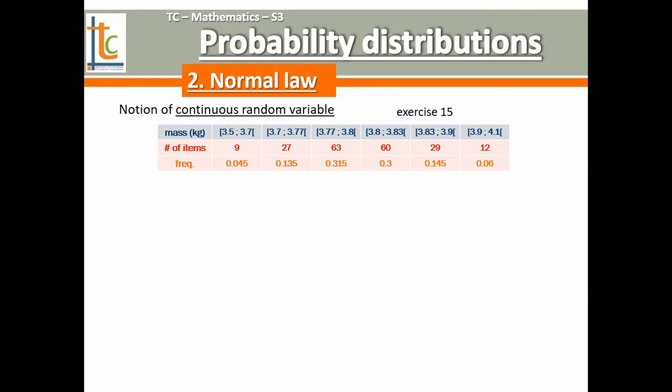Even a very accurate tool does not have infinite accuracy. So here in this table, we put the objects inside intervals of mass because we don't know their mass one by one with total accuracy. So we sorted them with respect to these intervals. The frequencies can be related to the percentages of objects. Okay, so here you've got 9 objects between 3.5 and 3.7 kilograms. And 9 out of 200 represents 4.5%, so a frequency of 0.045, and so